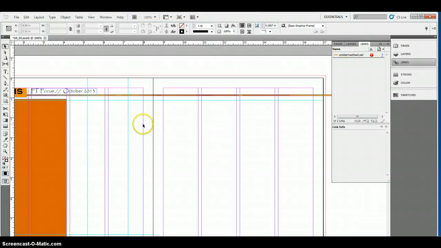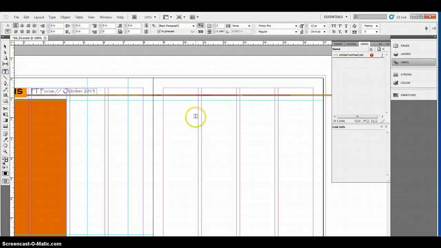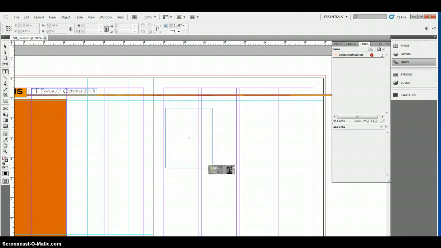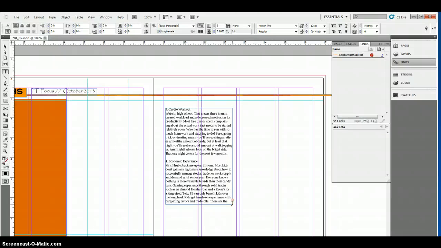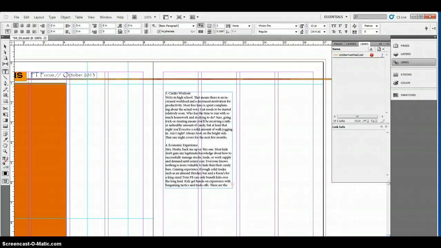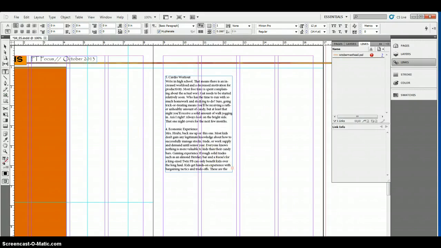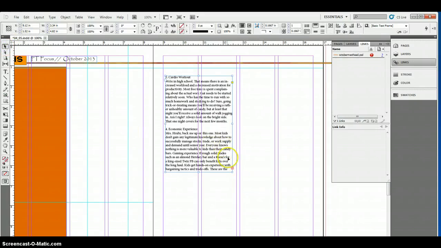So this is the actual part of the article. Then I'm going to create a text box, and then I will go ahead and hit Control V. Remember, Control C and Control V are copy and paste. Control C is copy and Control V is paste. So here the article is in